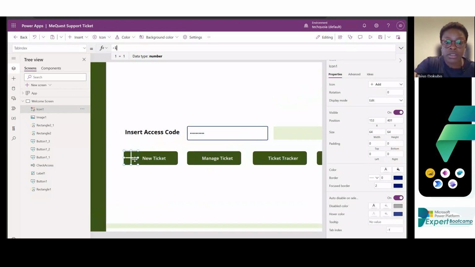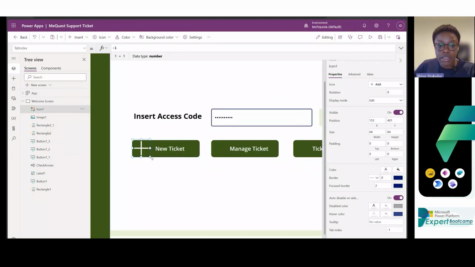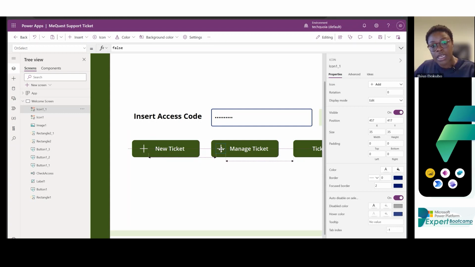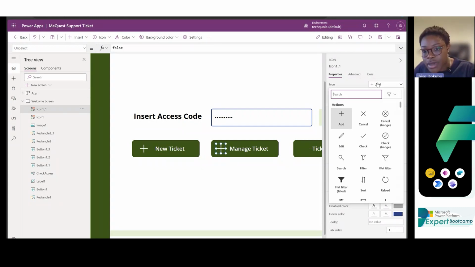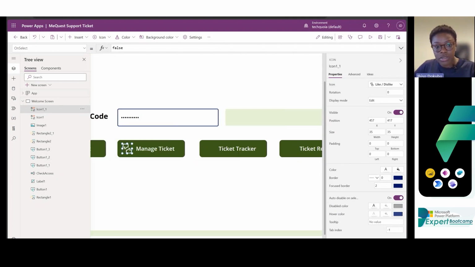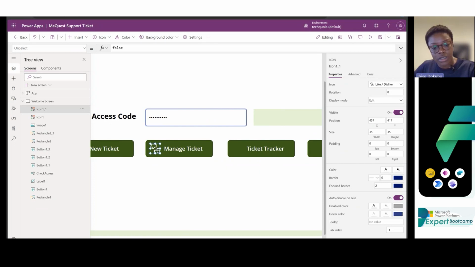Also, you can reduce it to make it look like this, which shows that it's a new ticket. And I'm going to copy this and paste it on this one. And for manage, I can look for any icon. Manage could be, I can use this, it's just what I feel like using. I copy again, sorry. I can copy this and paste it. And for tracker,